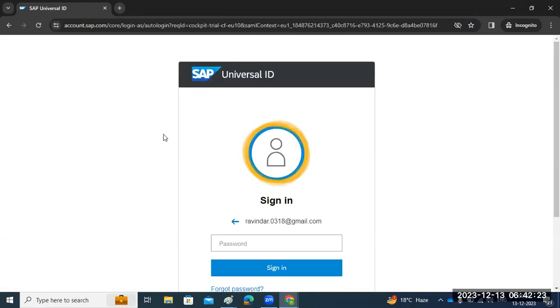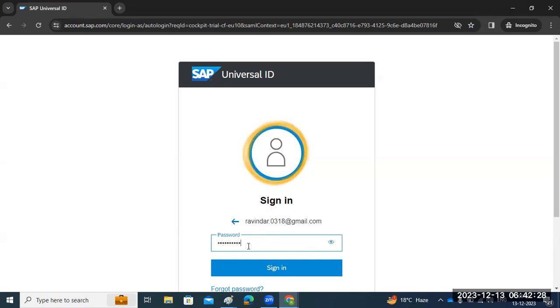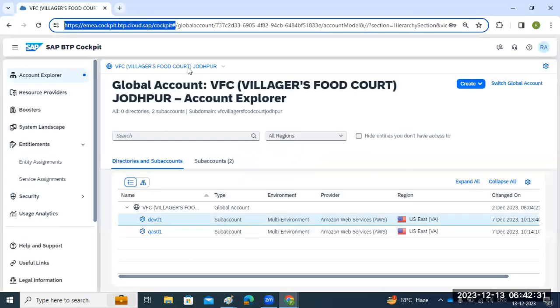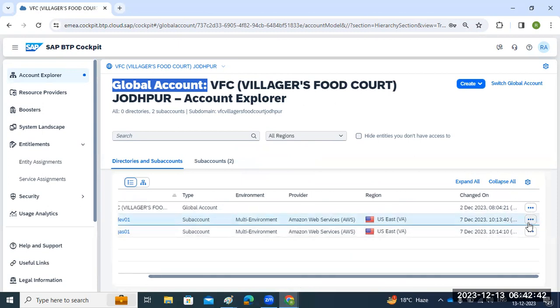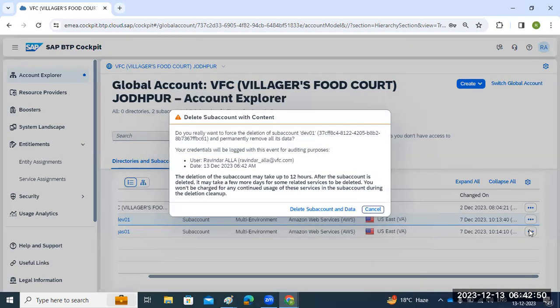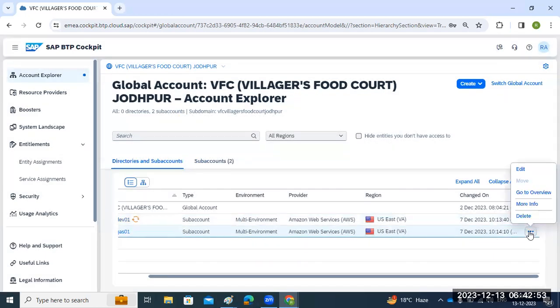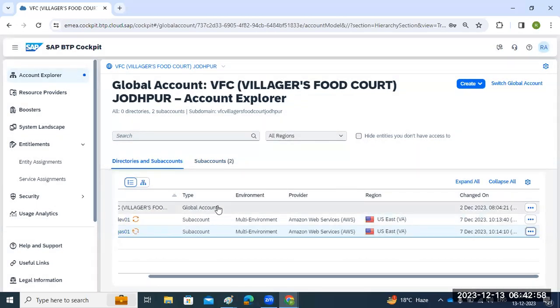So if you see how the account structure looks like, previously I showed it is a global account. You will get the global account like this from SAP. Only the global account you will get from SAP. Remaining all those things you need to subscribe from SAP. That is your main thing here. Because our account structure, building the model, all those things you need to get from SAP. That is the global account.